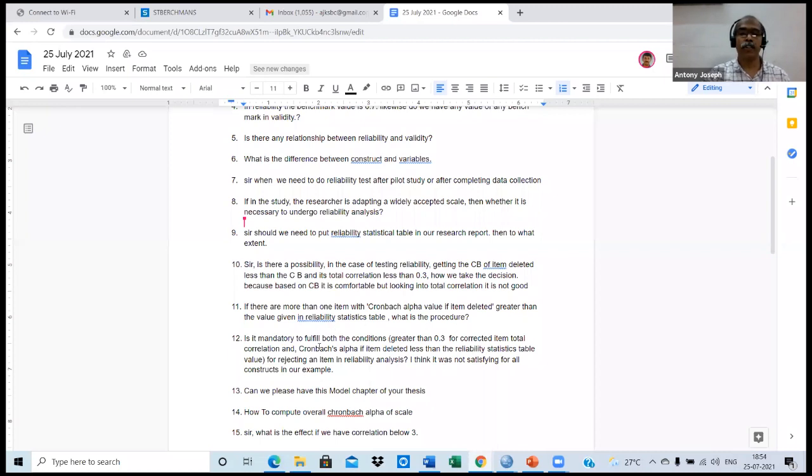Is it mandatory to fulfill both the conditions, greater than 0.3 for corrected item to total correlation and Cronbach alpha if item deleted, for rejecting an item in reliability analysis? I think it was not satisfying for all constructs in our examples.